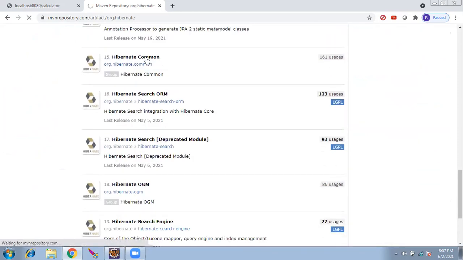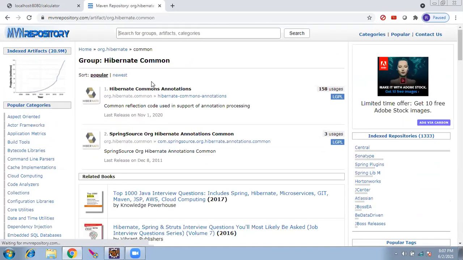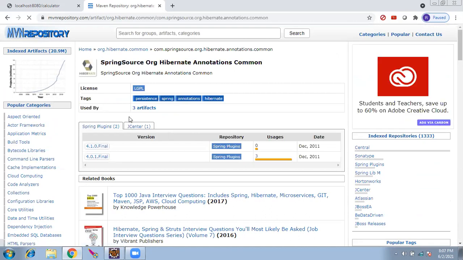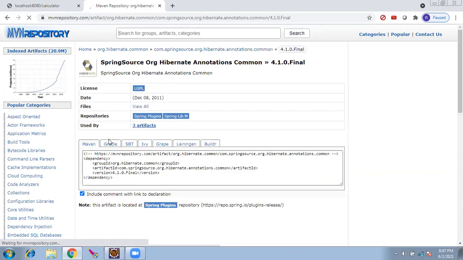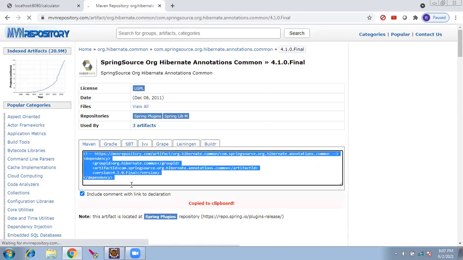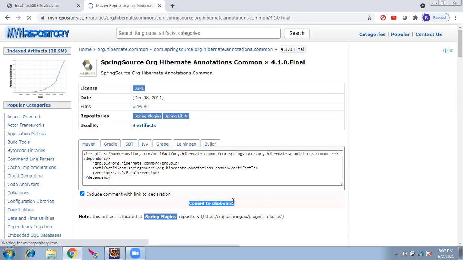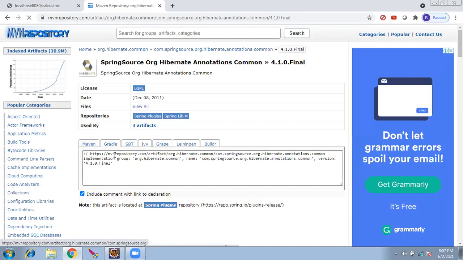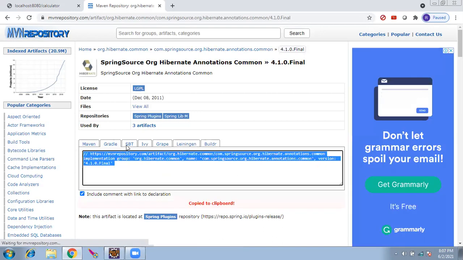So I was mentioning about this. Let me go, and I just want to show you how to retrieve it. If we go to Hibernate, any of these jars, there is a final version. If I go into this version, I can see the entries. First is the Maven entry. See, copy it to clipboard. We have to paste it in the pom.xml. If you are using the Gradle tool, this is another entry.